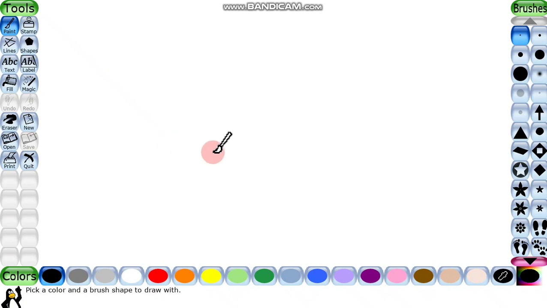So let us start. As I have already shown you how to open it, I will be showing how to open a new page. For opening the new page, you first need to understand what the components are. So this section where the tool is written is known as the toolbar. इसको हम लोग बोलते हैं toolbar. And this toolbar contains drawing and editing tools. है ना, जितना भी drawing editing tools होगा वो हमें कहाँ मिलेगा? toolbar में.